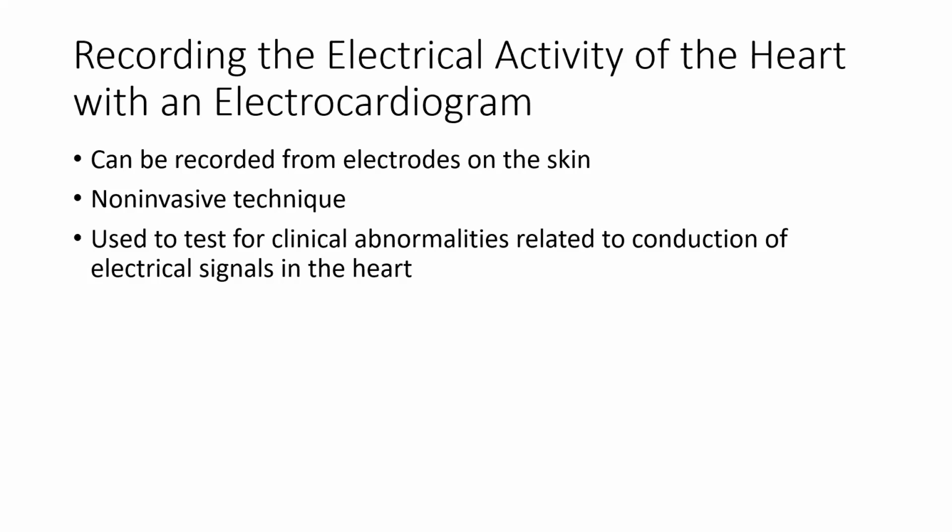It's used typically as a means of ruling out heart abnormalities. So if someone presents to your emergency room, or sometimes routinely in our doctor's office, physician's office, we use that to rule out any type of abnormalities with the heart rate. If it's going too fast, too slow, if there are any abnormalities with how the atria are depolarizing or how the ventricles are depolarizing. And so it's one of the first things that a physician will ask for if someone